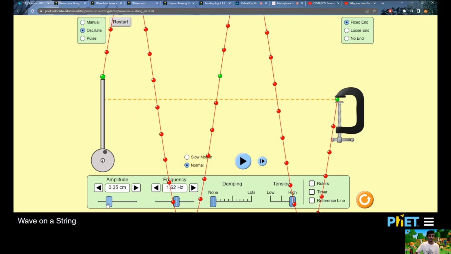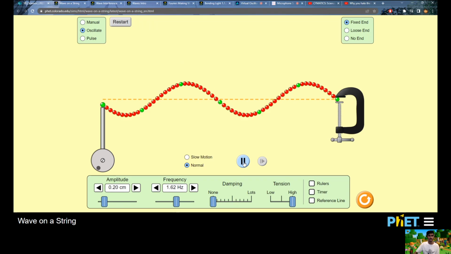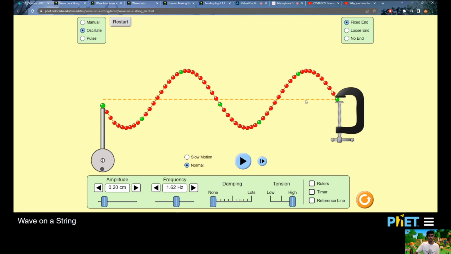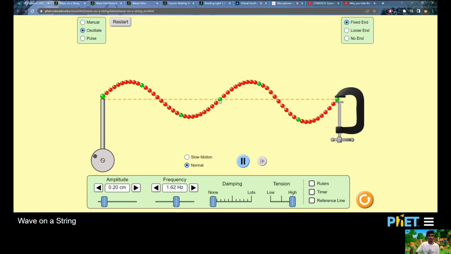Just going to reduce the amplitude so the waves are not so gigantic. And if I pause for a second here, you can see that there are 2 crests and 2 troughs. That makes 2 complete waves. As I resume, these waves constructively interfere with each other at this point, and that creates an even bigger crest. But if I move my cursor to this green circle here, you can see that it barely